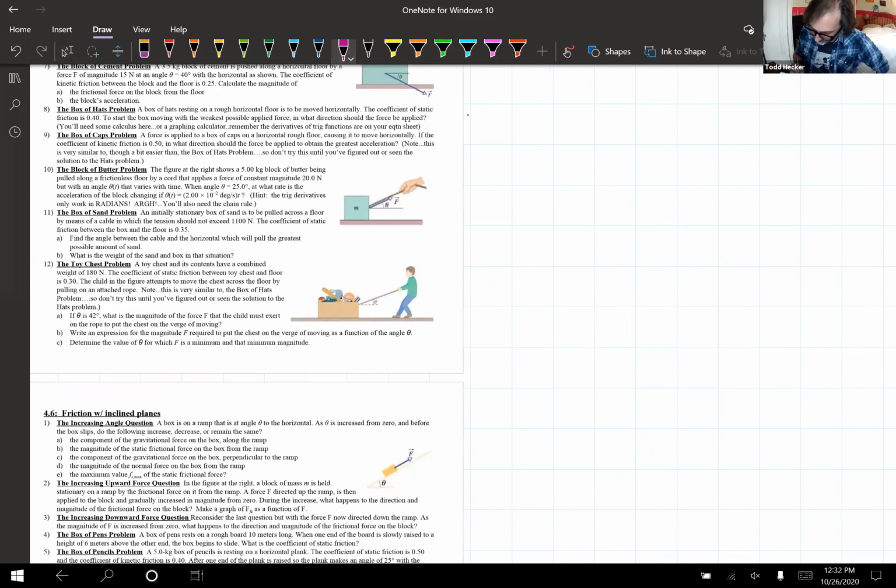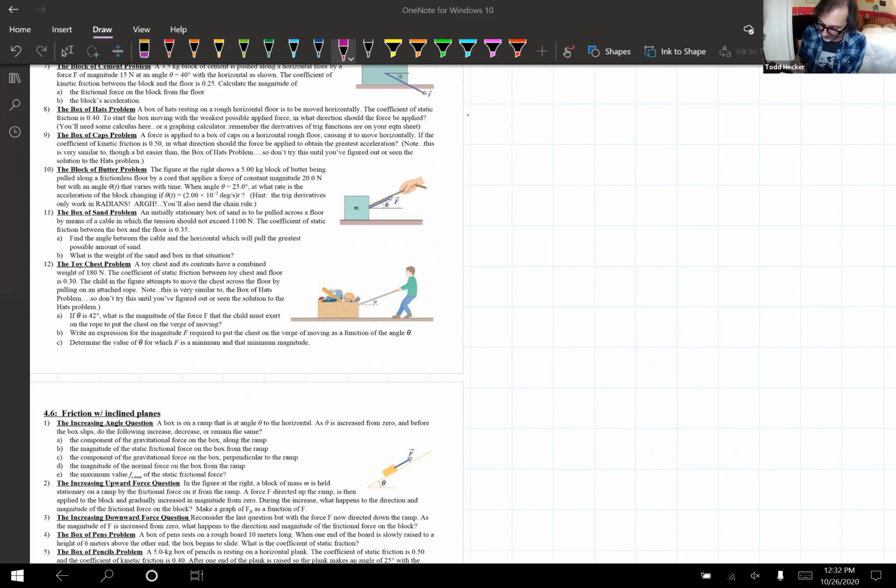So we've got this toy chest and this kid is going to pull it. It tells you that the toys and the chest combined have a weight of 180 newtons. It gives you the coefficient of static friction, which is just 0.3. Then in part A, it says the angle is 42 degrees and it wants to know